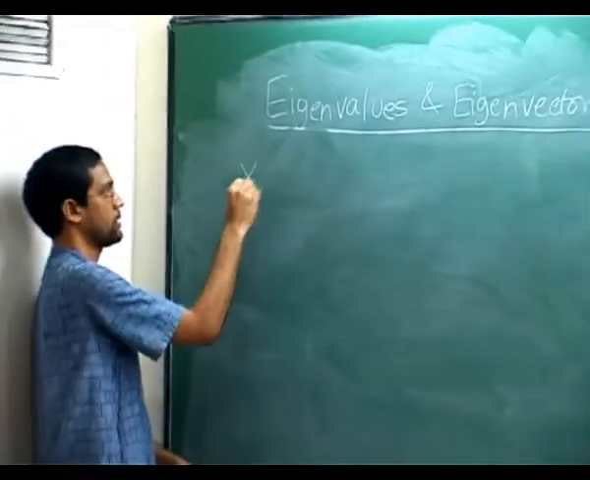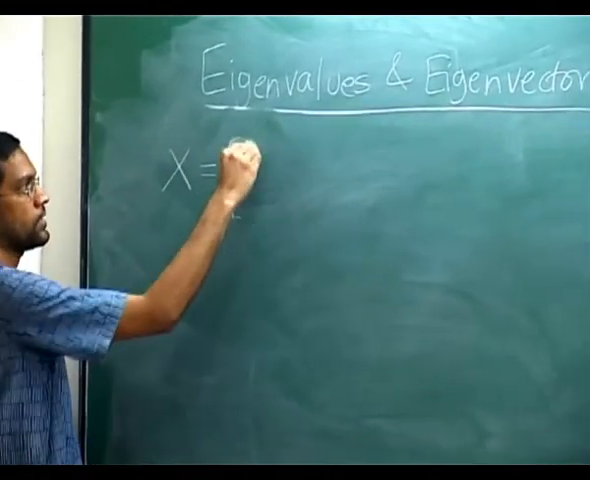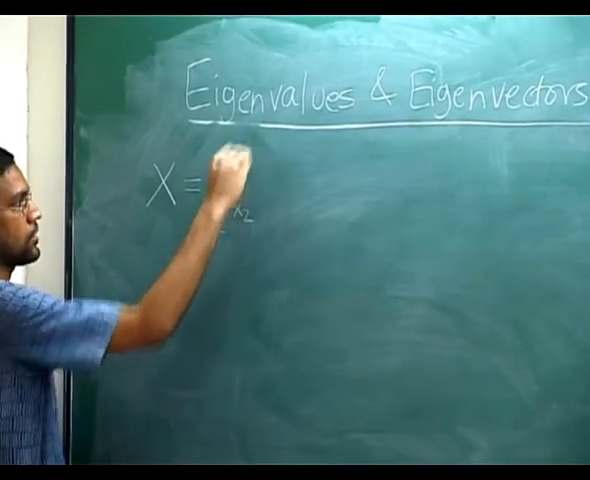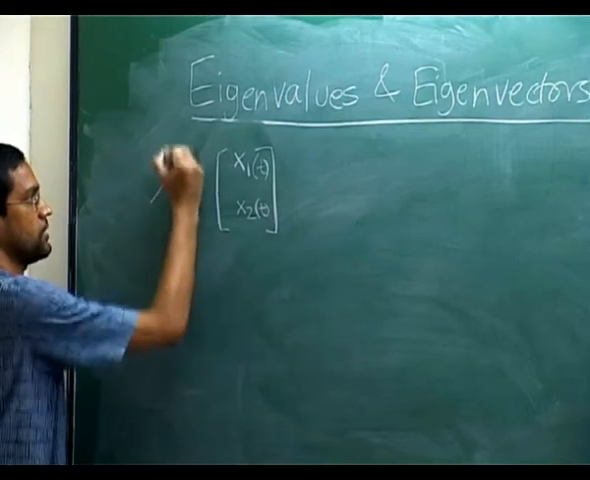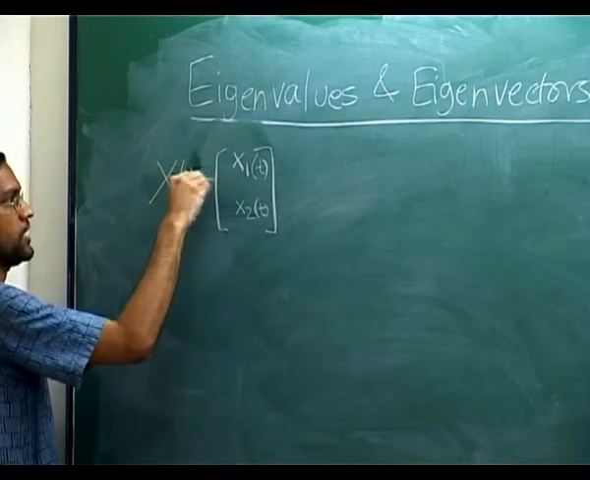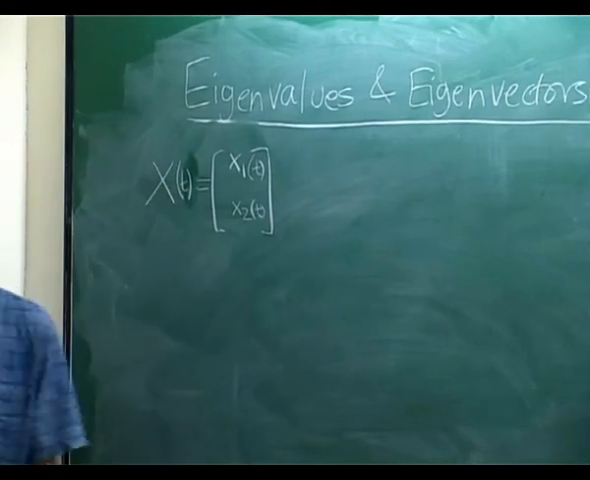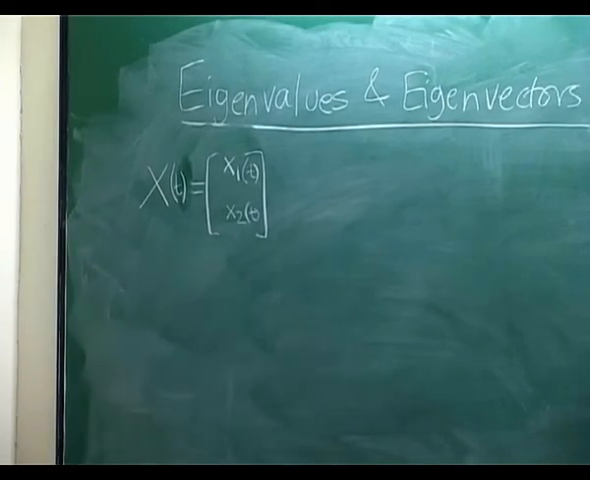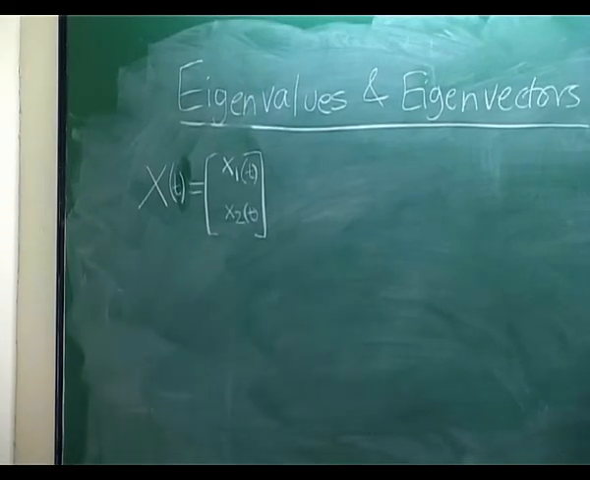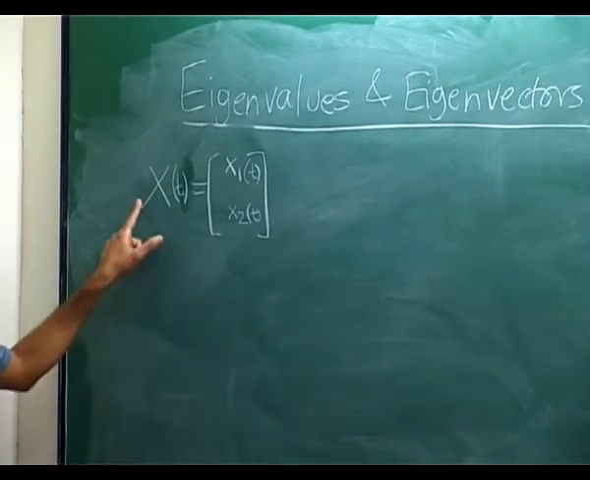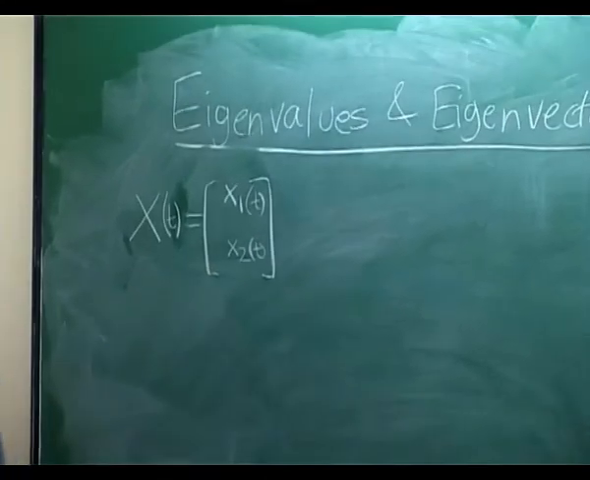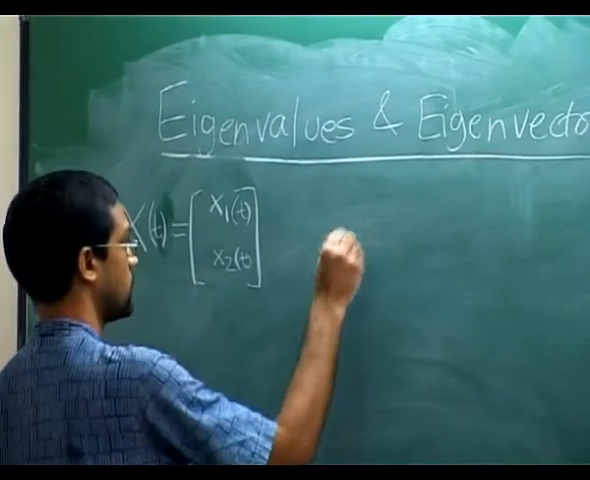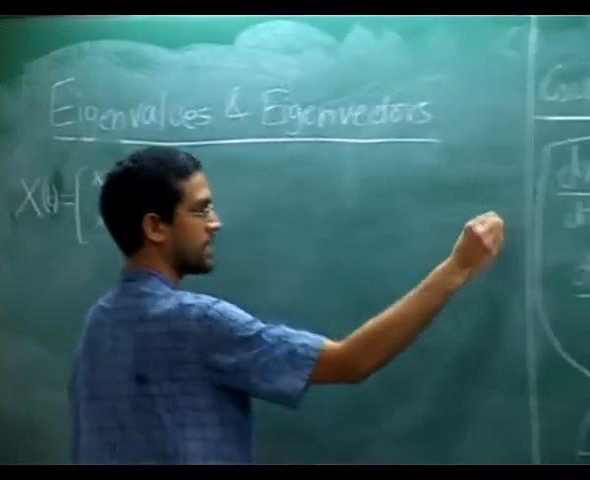Let's define capital X to be the column vector x1 of t, x2 of t. So it's again a function of t, but it's a vector valued function of t. You should think of X of t as a function of t, but the value is a vector. At every t it is a column vector of size 2. This set of equations, I can equivalently write as follows: